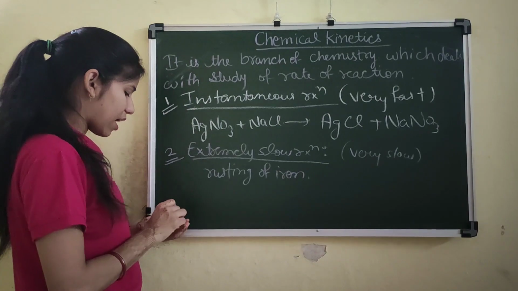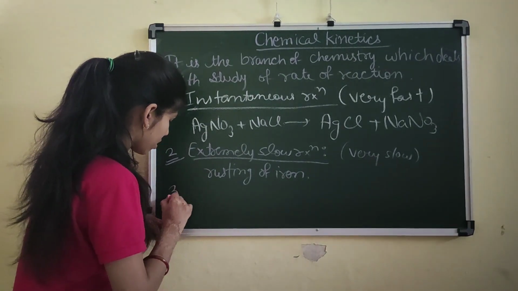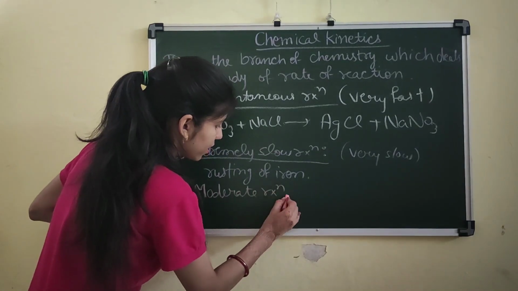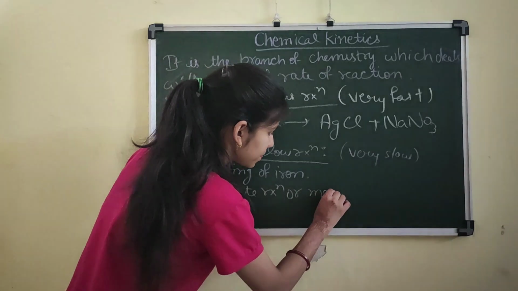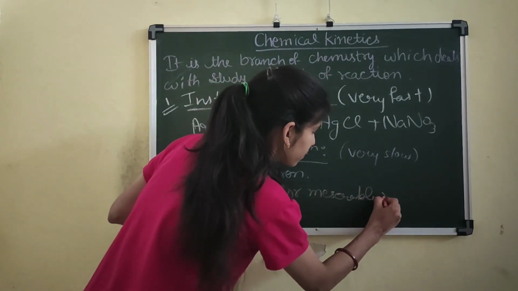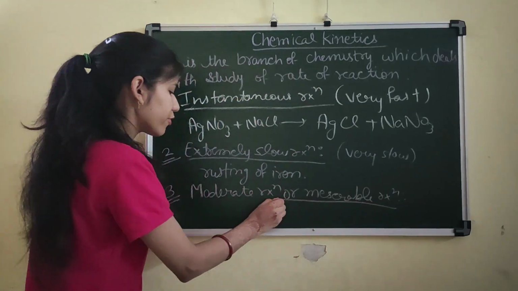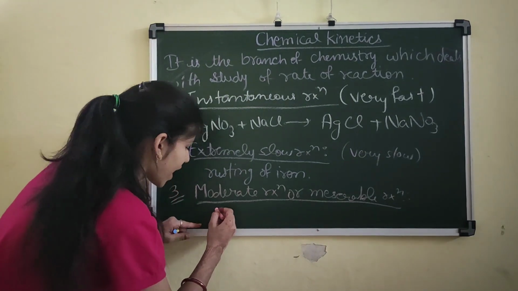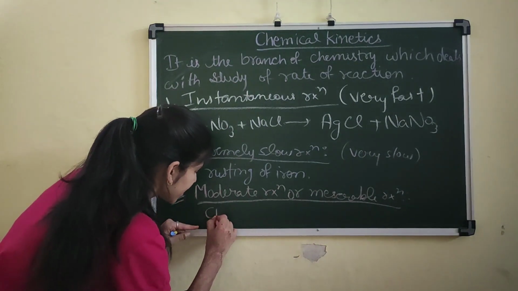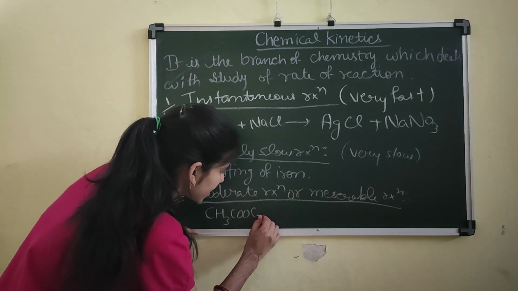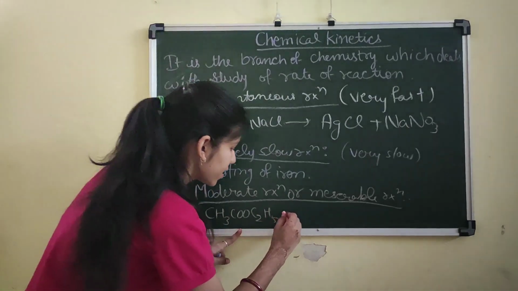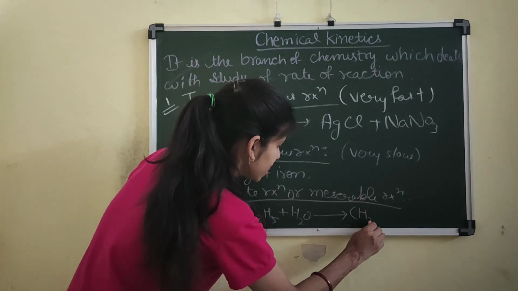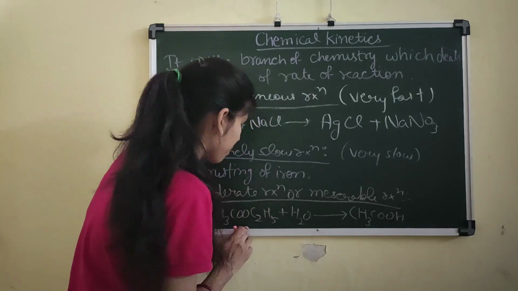And the third type is moderate reaction, or measurable reaction. In this, the rate of reaction is neither very fast nor very slow. An example is hydrolysis of ester. CH3COOC2H5, this is ester, plus H2O, so they form CH3COOH plus